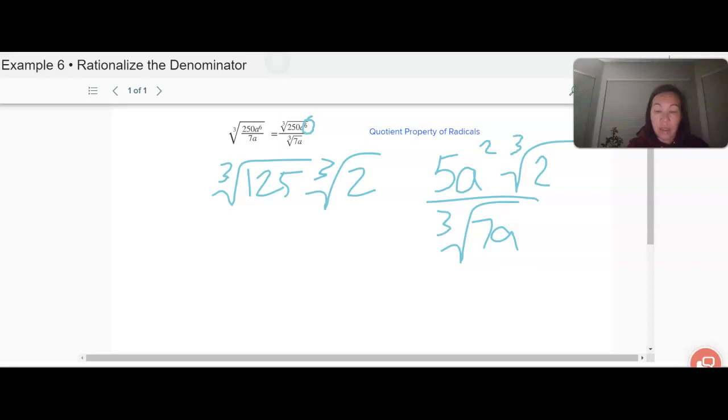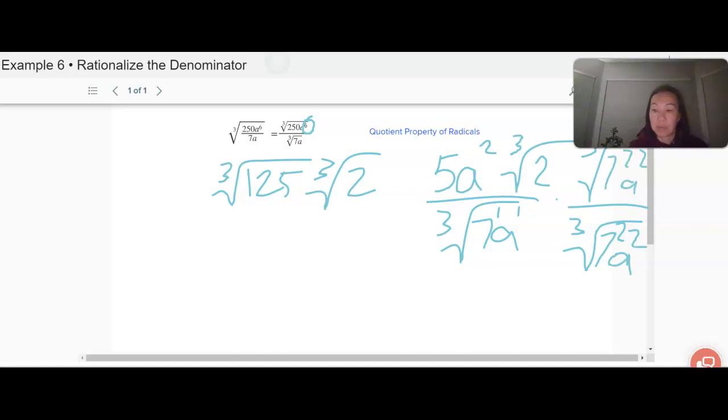All right. So now we are going to multiply top and bottom of this fraction by a cube root. What cube root would we multiply by? Well, this is 7 to the first power and a to the first power. And 3 minus 1 is 2. So I'll multiply by 7 to the second and a to the second power